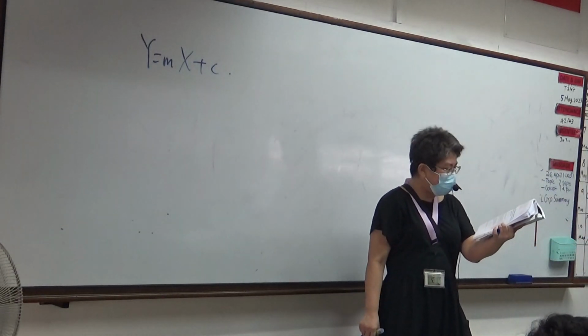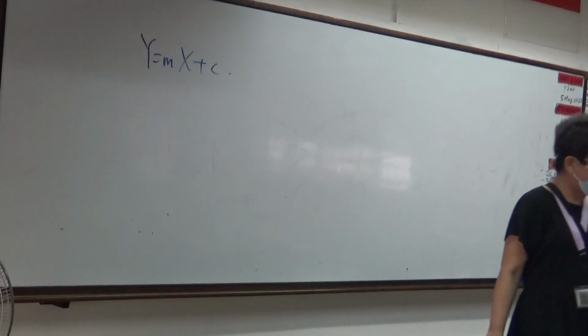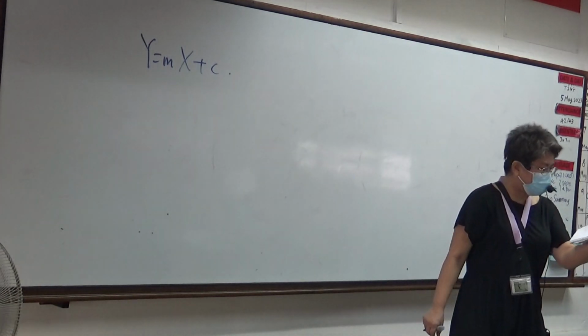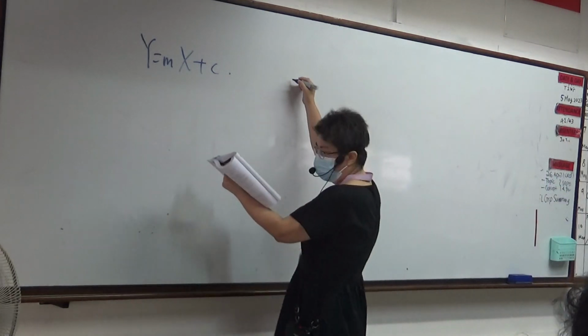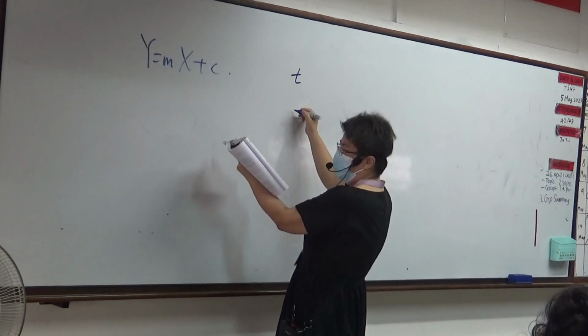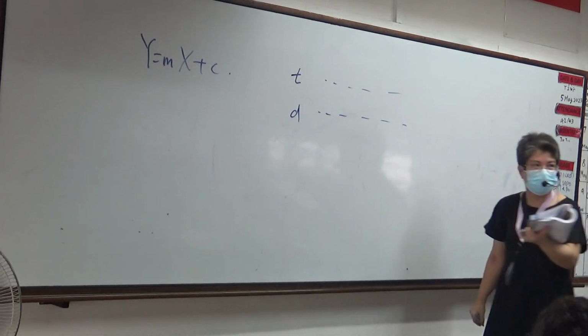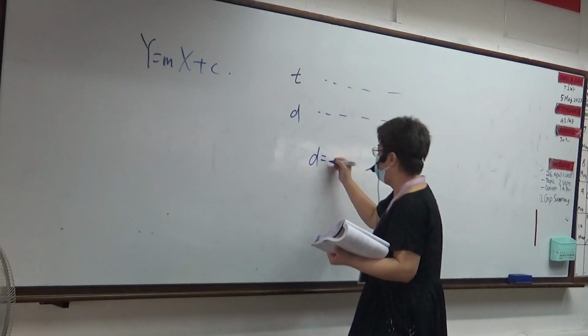Now, for example, we may conduct an experiment to find the acceleration of a free-falling ball bearing. The distance d of the ball bearing from the point of release increases with time t seconds. Recorded values of d and t are shown below. Now that means I have values of t here, values of d here. Alright, now the variables are